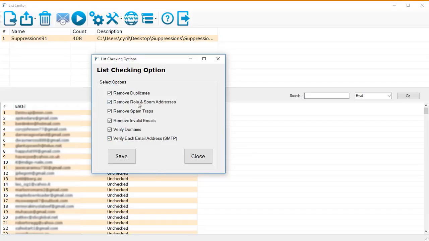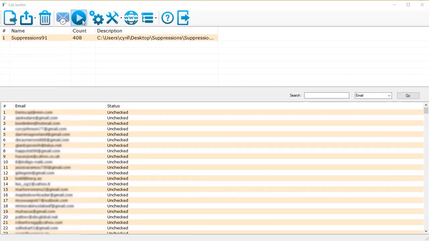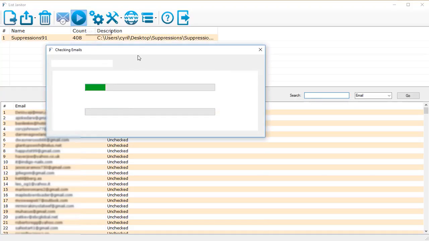So with these options turned on, ListJanitor is going to give you a very clean list that you can safely mail and even import in autoresponders, or send out an email using SMTPs like SendGrid without getting banned for having low quality lists. To actually clean the list, all you need to do is click on this play button and ListJanitor will start